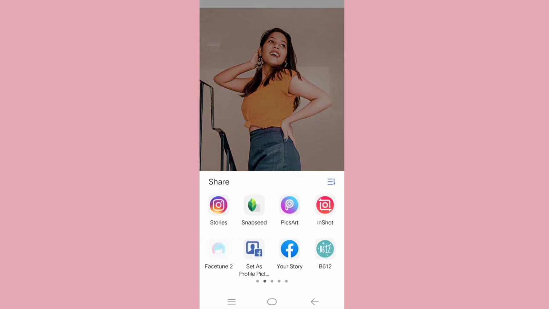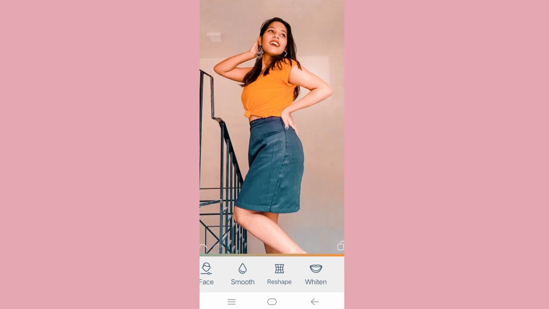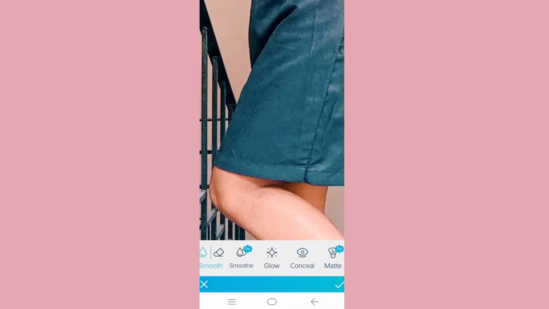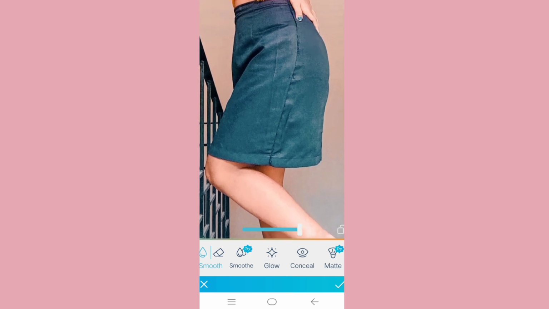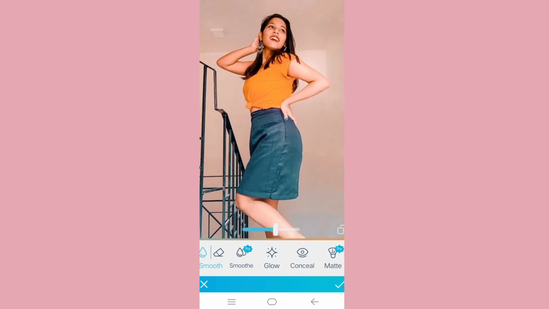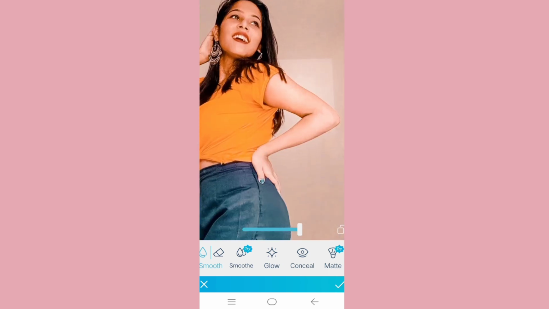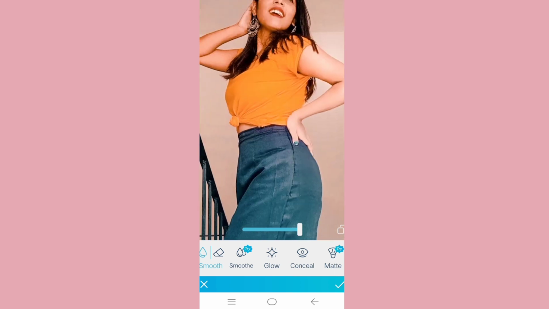So now using Facetune. Facetune is a really nice app for some smoothing and healing. I use smoothing for my legs because it looks more detailed when we click pictures. I don't use this app much, but sometimes when the picture looks very detailed, I use this one.